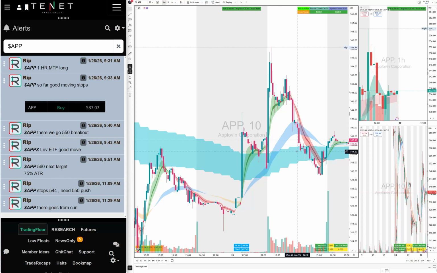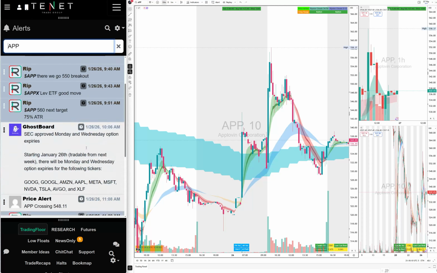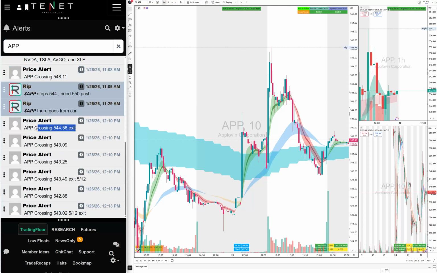Sometimes the stocks will make a top of the day at 10 a.m. The 10 a.m. candle will be the top of the day. That's nothing surprising. But it did break down right here, and we were out of it. I told the traders to exit under that. Once it breaks down, if you hold, you're going to lose a lot. But if you respect the Ripster Clouds, you see we exited here at 544.50. It went to the 530s. We saved a lot of money, a lot of pain.